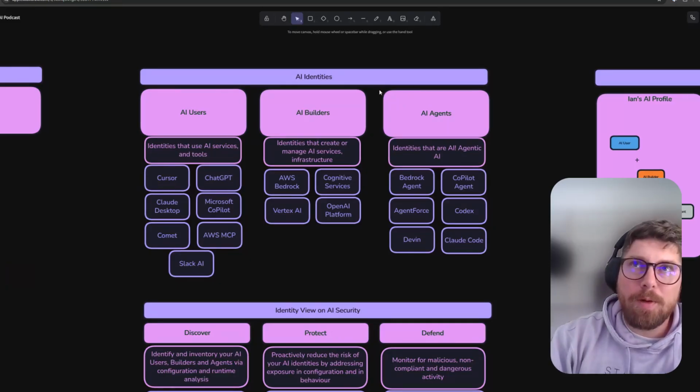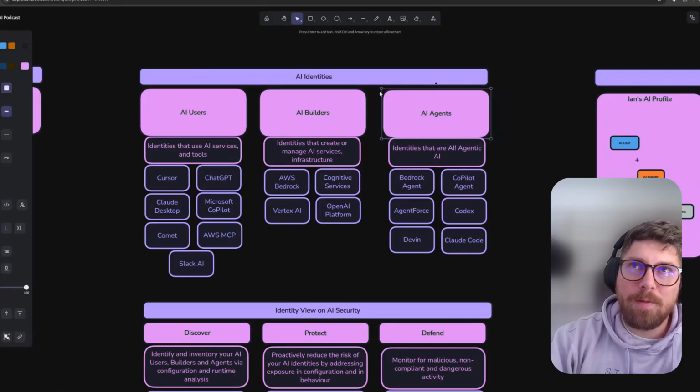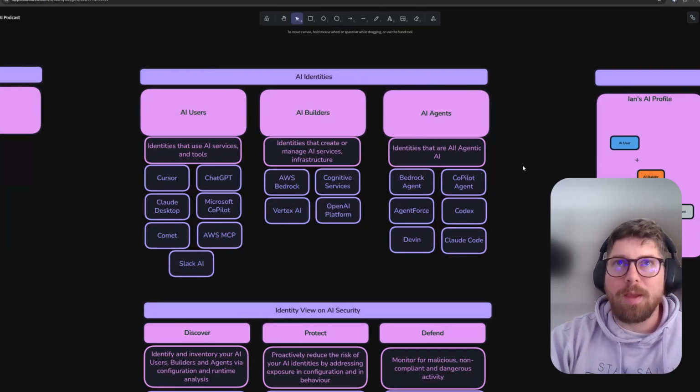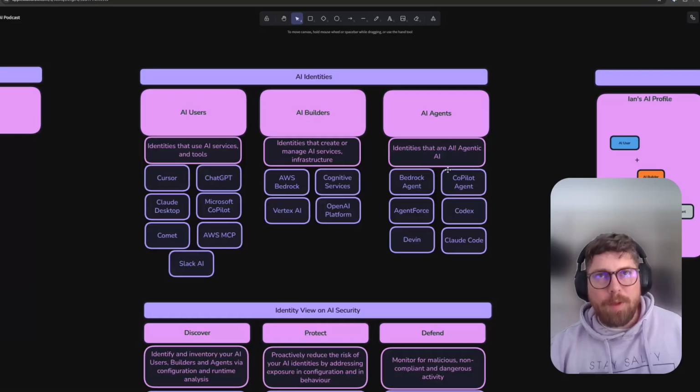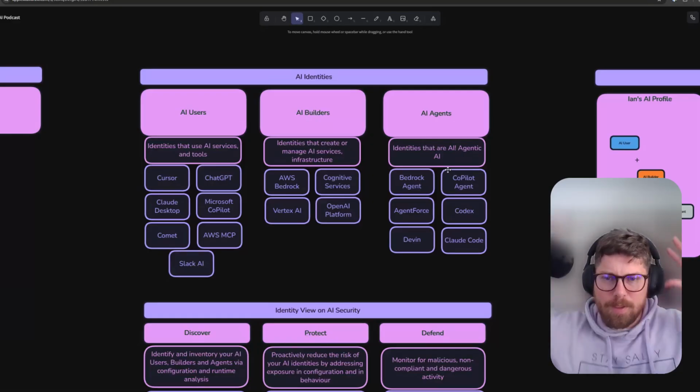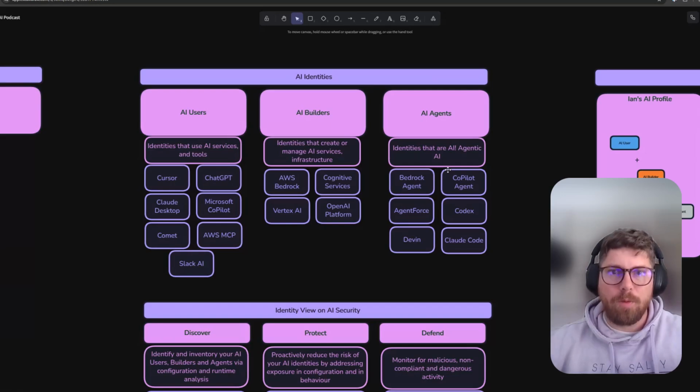And then the third bucket, which is the one everyone seems to be really concerned about, but I think it doesn't deserve as much scrutiny right now because there's just not a lot of it, is your AI agents. And when people are thinking about AI agent security right now, it's just very interesting where heads go versus the reality of the world. What are the most common agents that we see across everywhere?